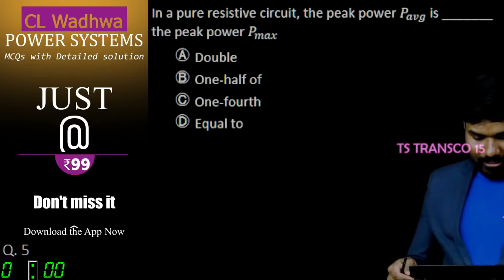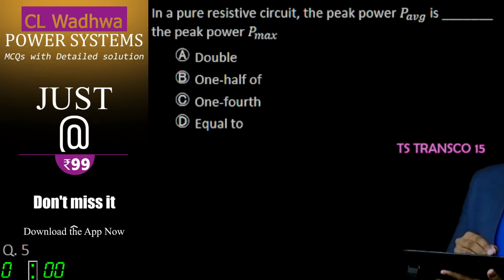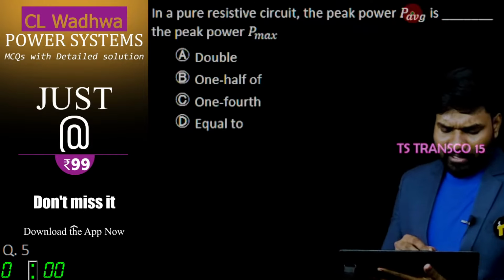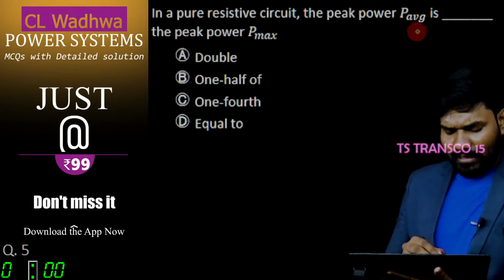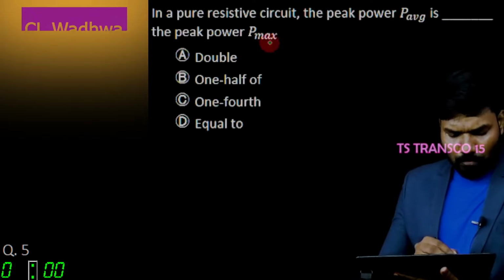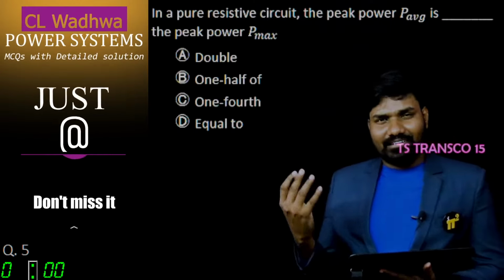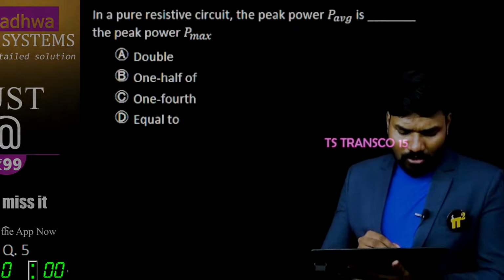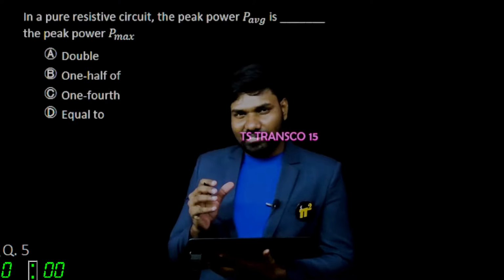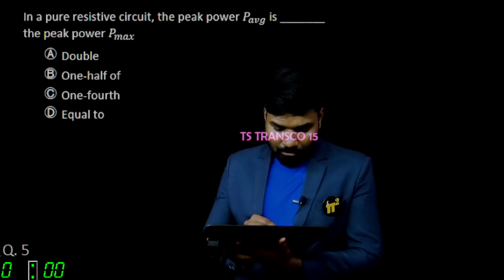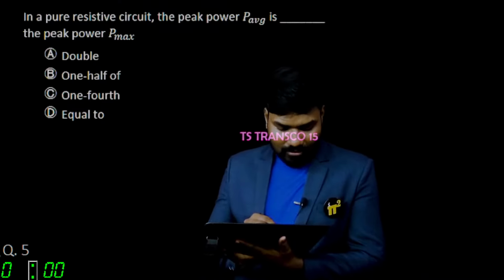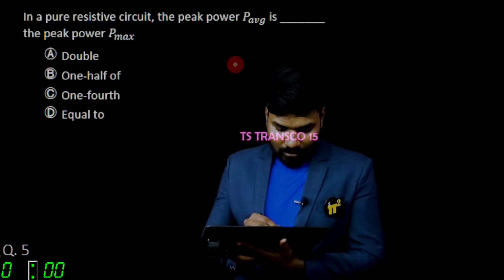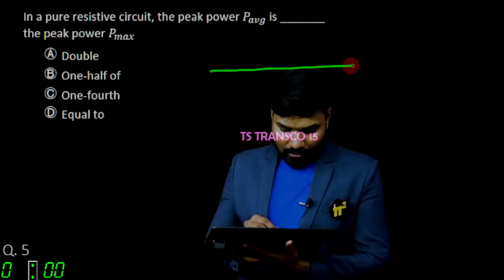Let's see. I'm taking AC because it is given as average power and maximum power, so I'm just treating this one as an AC circuit. So in case of an AC circuit, voltage and current, pure resistance case, what is the voltage? Voltage shape will be a sinusoid. Yes, definitely. Lovely sinusoid.